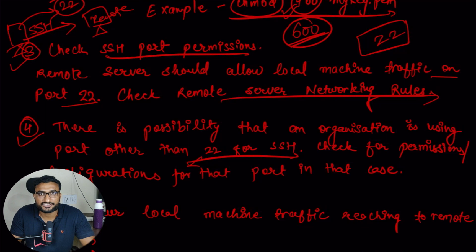Okay, so for SSH in general the port is 22, but they will change it to, let's say, port number 25. Now SSH operates on port number 25. Okay, now if SSH operates on port number 25, the first thing is that the local machine user should